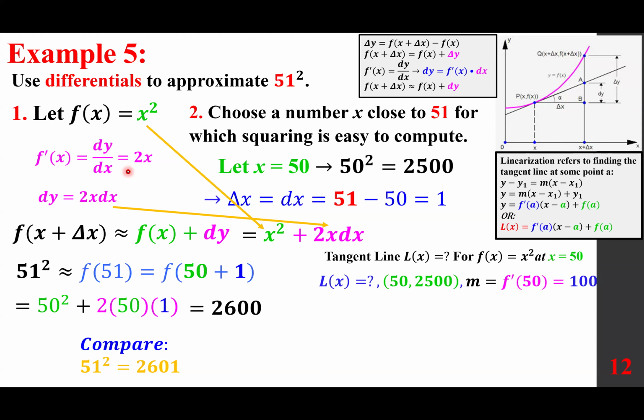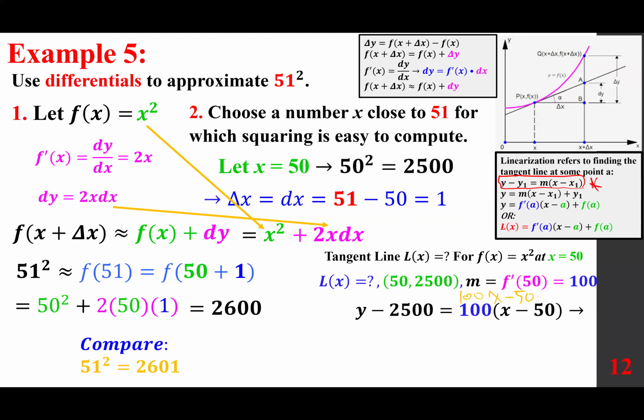So having said that, I'm going to go with the easy way out. The point slope form: y minus y1 equals m times x minus x1. So y minus 2500 equals 100 times x minus 50. Oops, let's just quickly write. So this becomes 100x